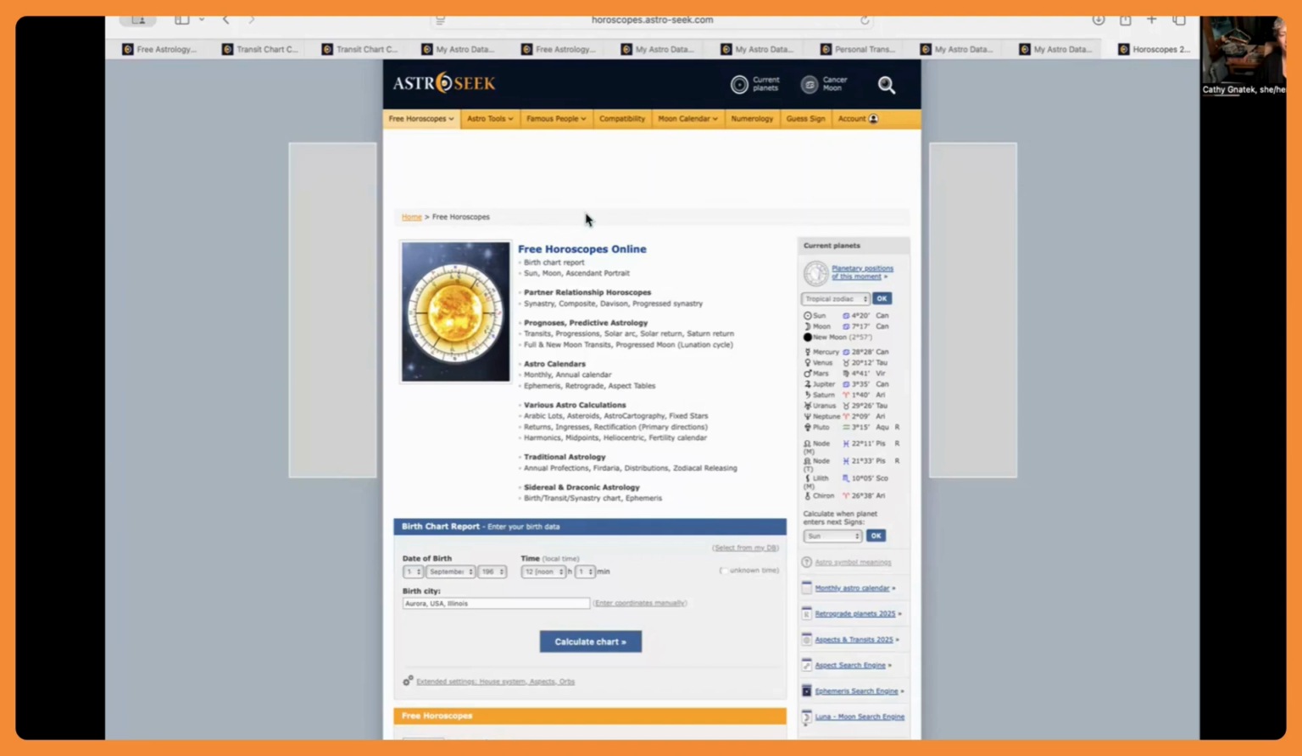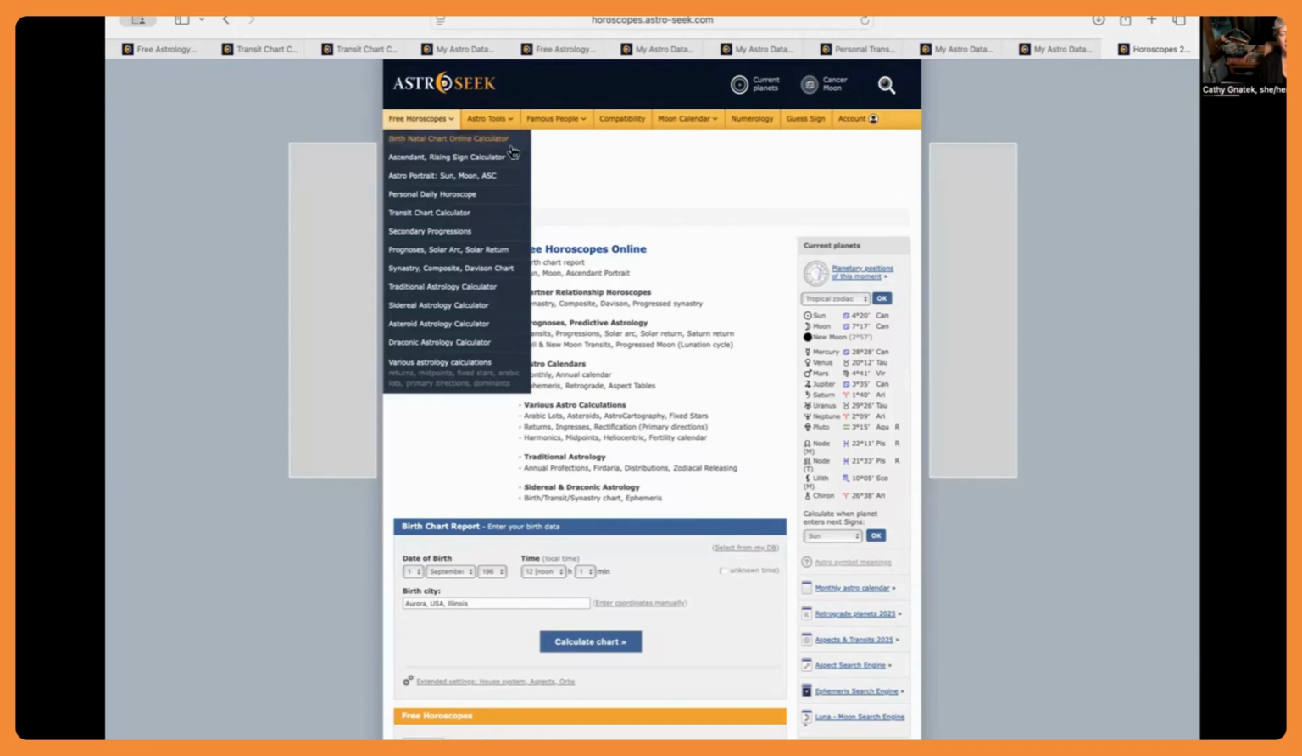So we're going to see at the top, we have all these different bars, and we're going to go to the free horoscopes on the left. And under here, we're going to pick Transit Chart Calculator. I want to point out there are other options. I'm going to press on this in a minute, but I do want to point out that you can also